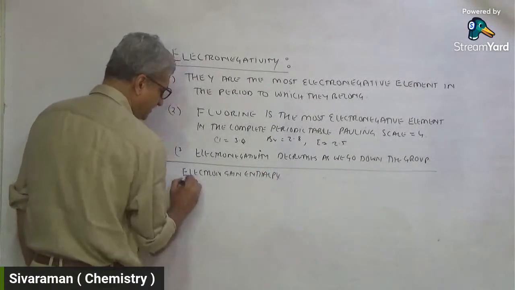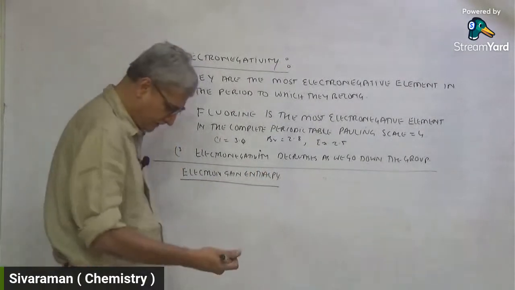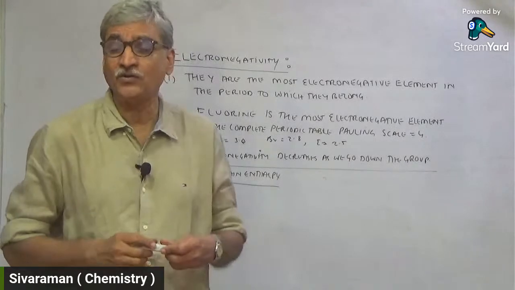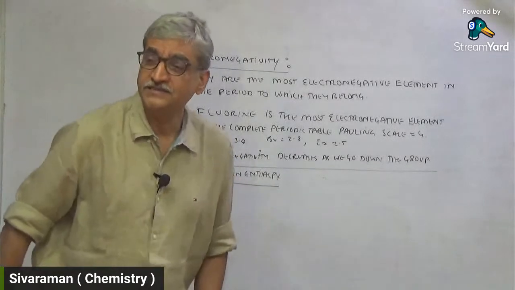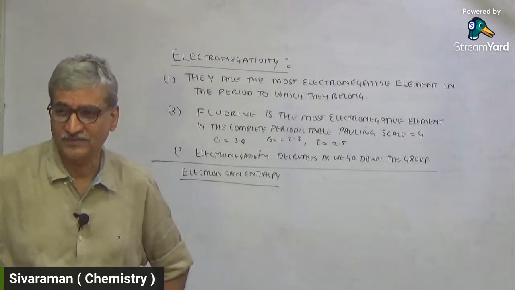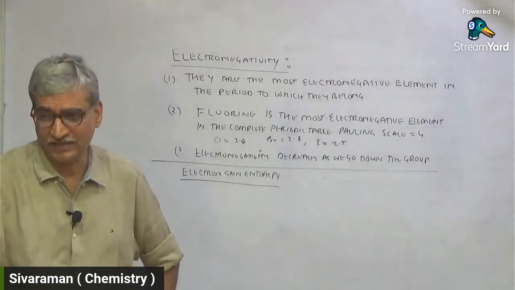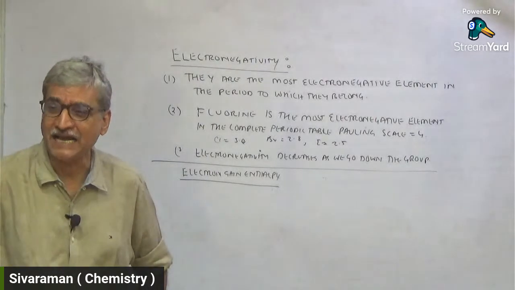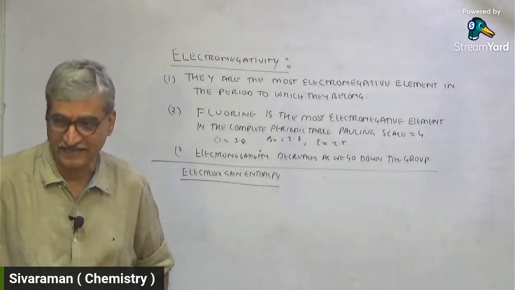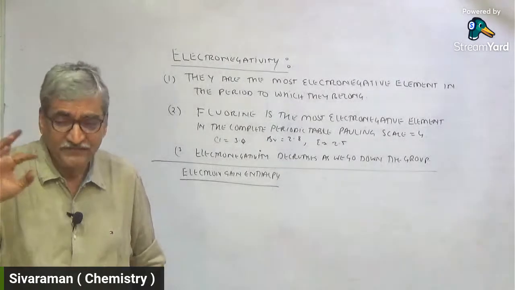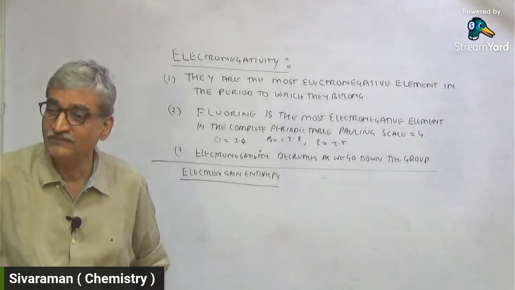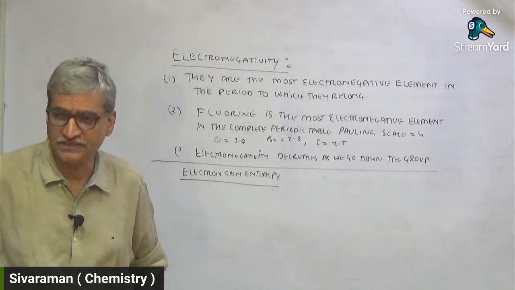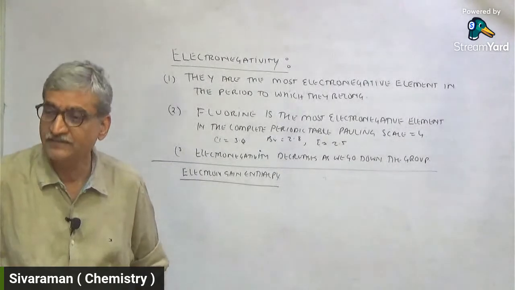As you were asking me, absolutely, the question is very clear, and what you asked me was very correct. Since they have 7 electrons in the outermost shell, they would always yearn to have one more electron to complete the octet. So when they take one electron, from a gaseous atom it becomes a gaseous anion. And the anion has to be stable. If the anion has to be stable, it should have less potential energy. And how will it decrease the potential energy? By giving out heat energy.